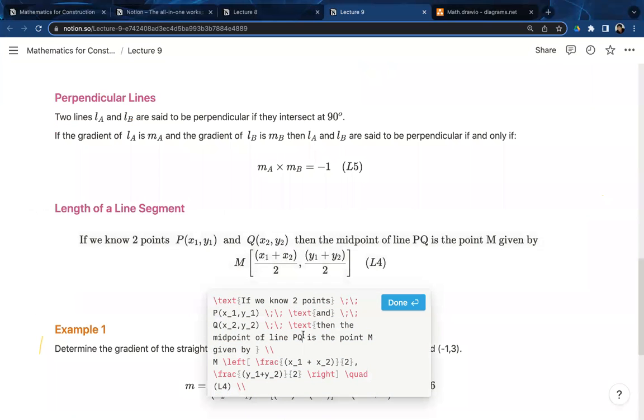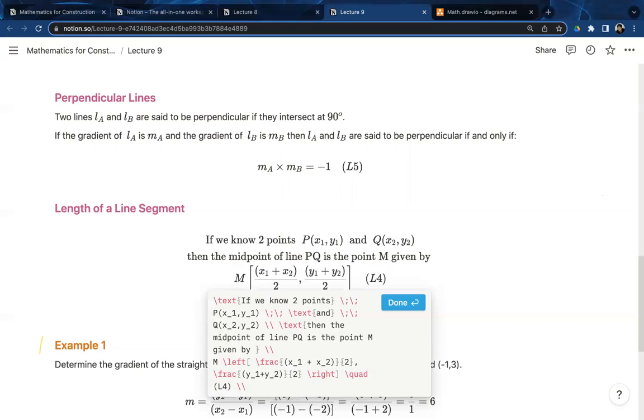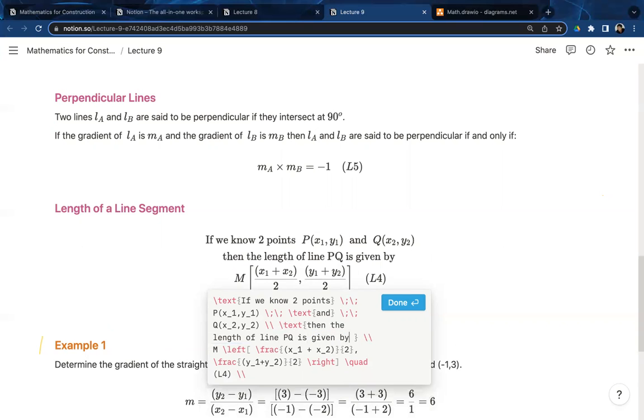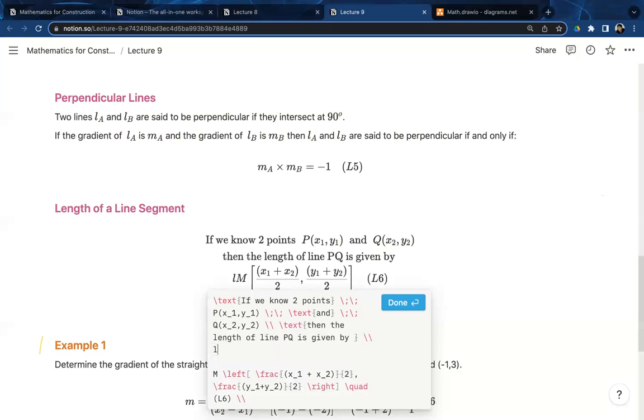So if you know 2 points P and Q, then the length of line PQ is given by, and there's a formula for this, right? So we say L